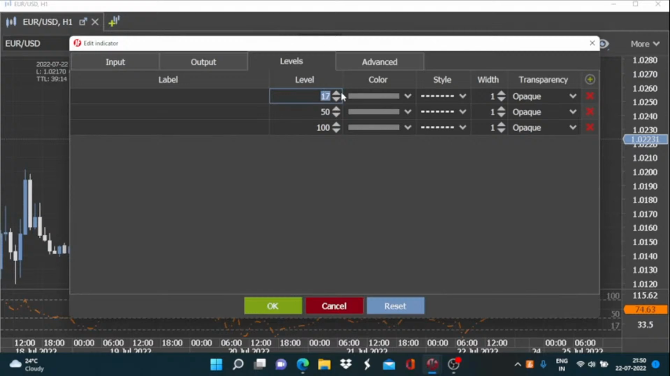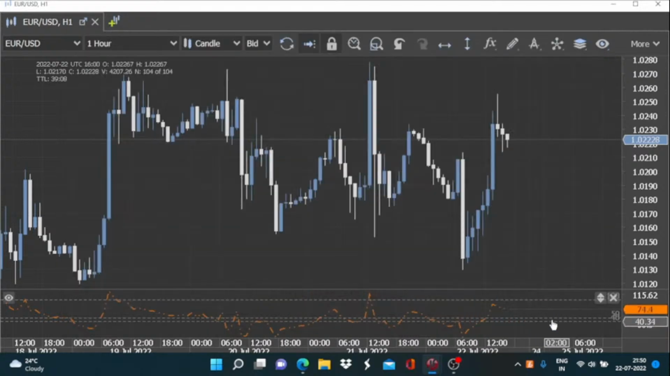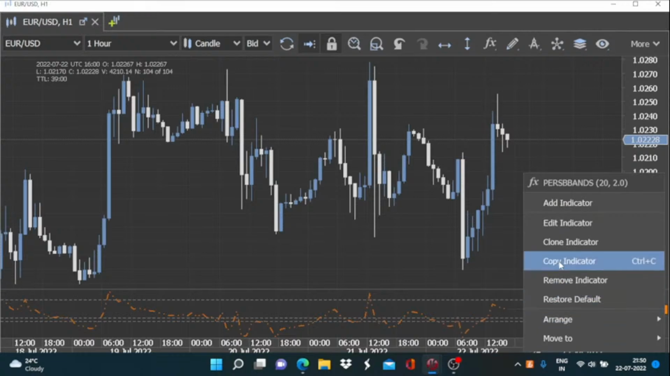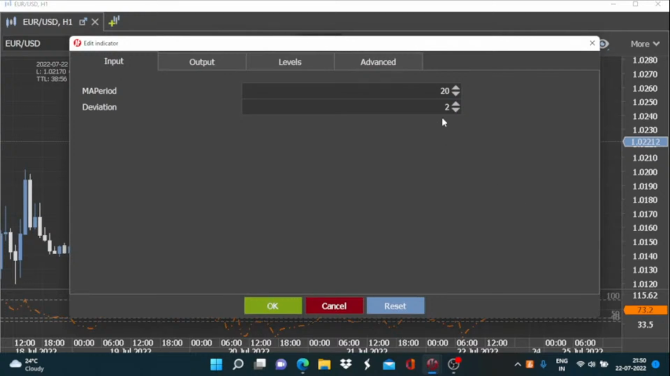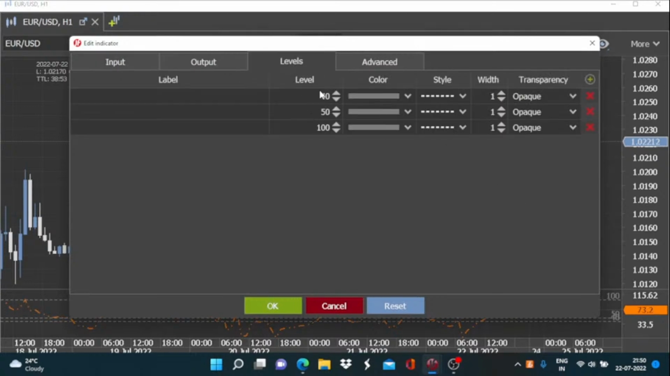Let us try to make it 40. Then you will observe that it has now shifted quite close to this 50 middle band, so we can make around these changes. So it's always up to us where we want to define the critical levels. If you want the critical level to be defined at